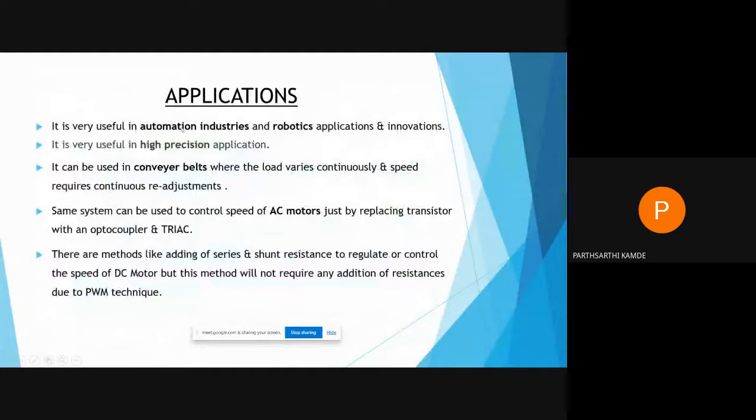Next, talking about the applications, it can be used in automation industries and robotics. It is used for high precision applications. It can be used in conveyor belts where the load varies continuously and speed requires continuous readjustment. Also, the same system can be used for AC motors just by replacing the transistor with